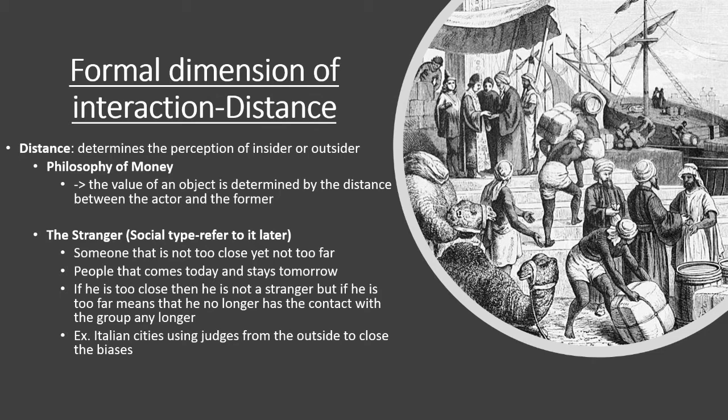understanding. So, the philosophy of money, according to Simmel, the value of an object is determined by the distance between the actor and the object. Think about it this way. In the 1600s, how can nutmeg from Indonesia be very expensive when it's sold in the UK? It is simply because it's very difficult to attain, and the shipping costs so much, which is precisely why the distance determines the value of it. If you can just pick it out of your garden, it would be much cheaper.